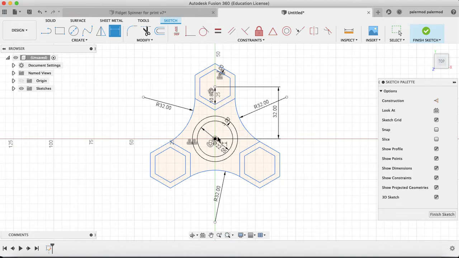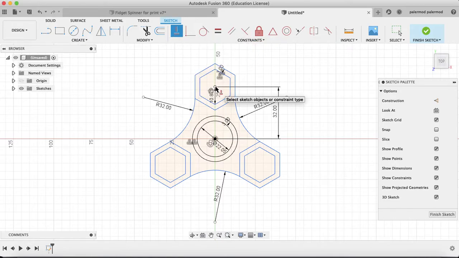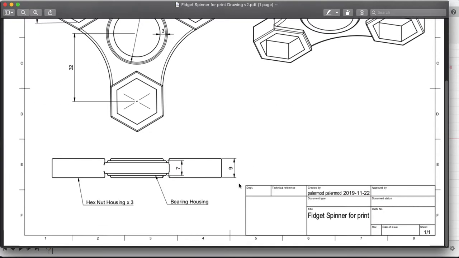Lastly, I probably should have put a constraint that these two need to stay horizontal and vertical from each other, but you don't really need to do that, but I'll put it in anyways. So constraints, horizontal, vertical, and then I select that this circle must always be on top of this little circle or dot. Okay, so we now have our 2D sketch,